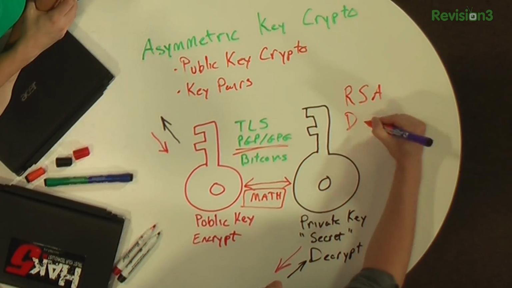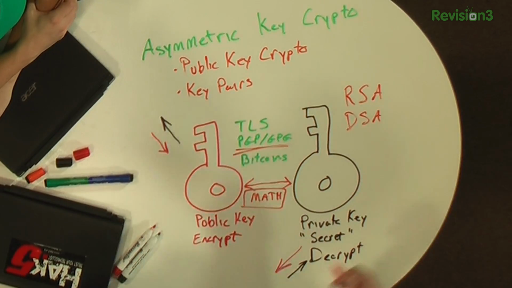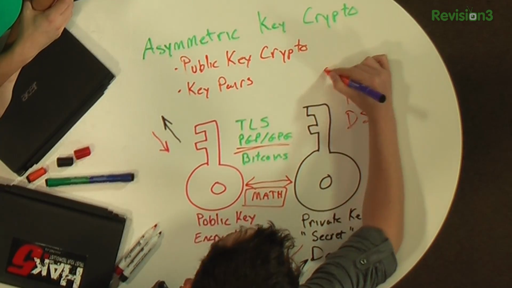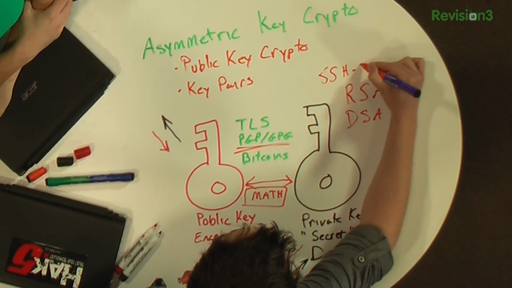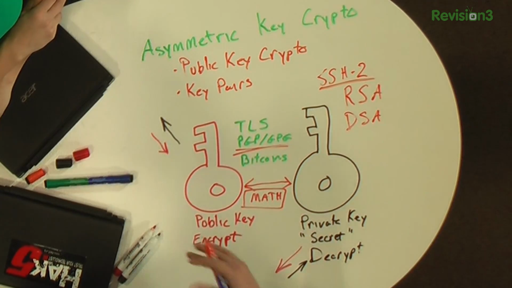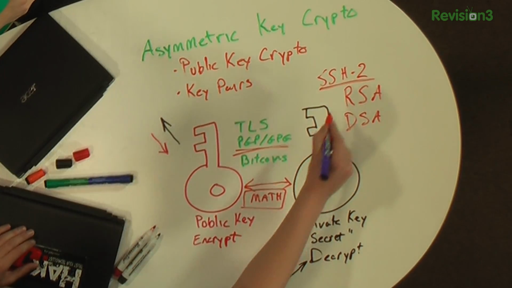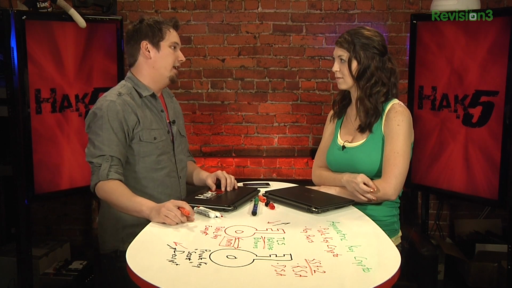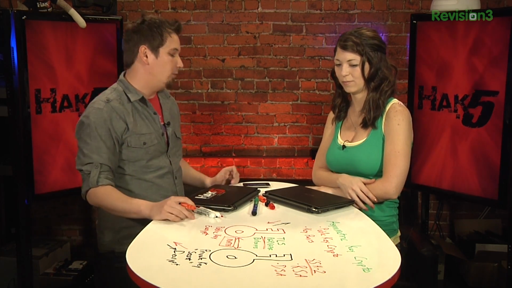Okay, yes. Got it. And so that's the idea with RSA, but there's also another implementation called DSA that's very popular, and SSH version 2 is going to support at least these two. There are a couple of other ones. I forget, it's like X.509 or something. Yeah. There are always others, kind of like the GSS API. Okay. But these are the two main ones, just like password and public key crypto are the main methods we like to use. What's the difference?